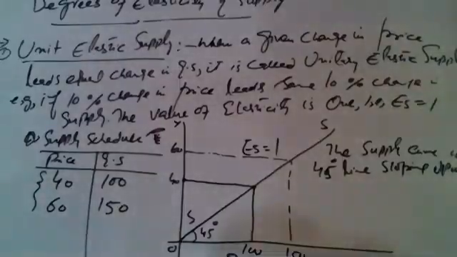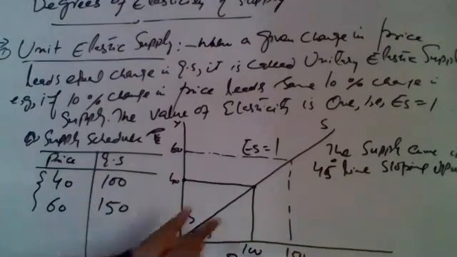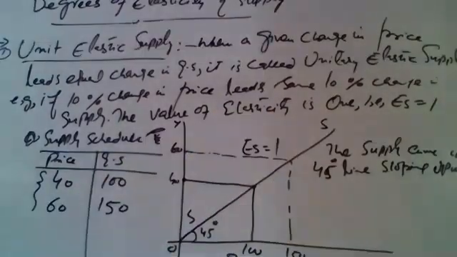So the shape of the supply curve is a 45 degree line sloping upwards, a positive sloping supply curve at exactly a 45 degree angle. That supply will be